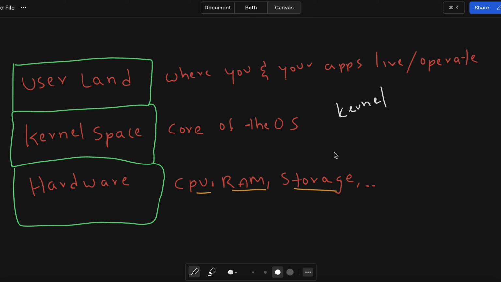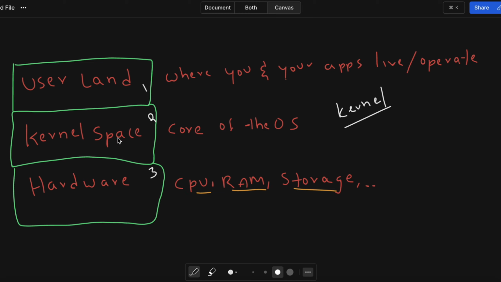In the video a few moments ago, I said Linux is just the kernel. Well, when I started in technology, I never really had a proper understanding of what exactly a kernel is. In order to make sense of it, we need to look at how a system works. There are three spaces in a system. The first is hardware. For instance, you have your computer, which has CPU, RAM, and storage. This section is called the hardware section, or hardware land.